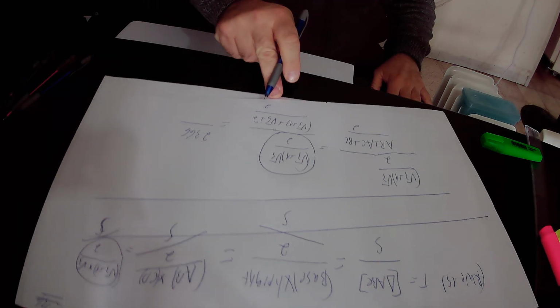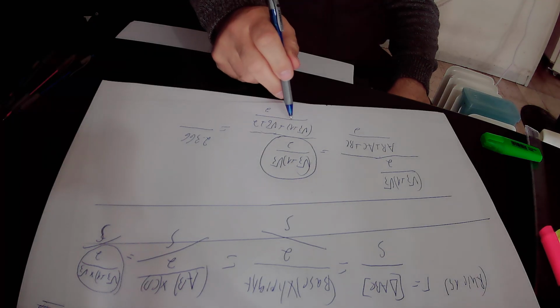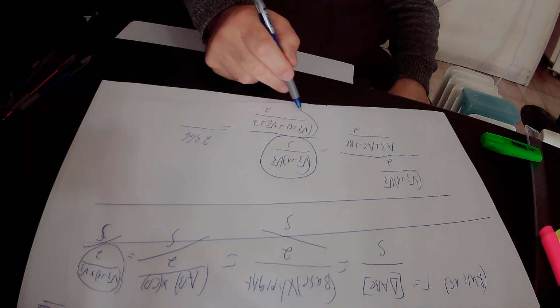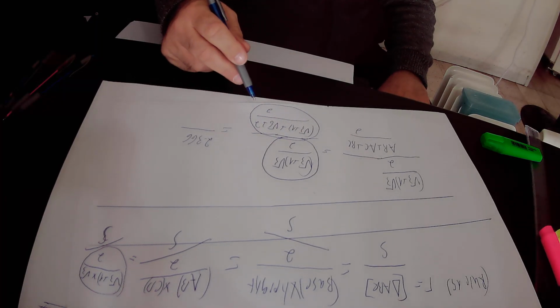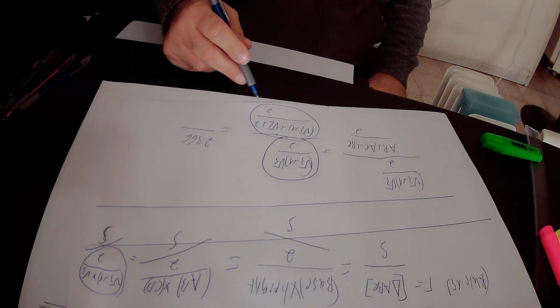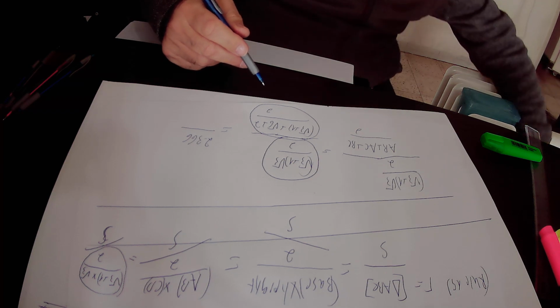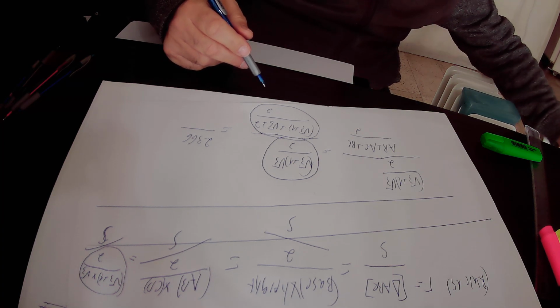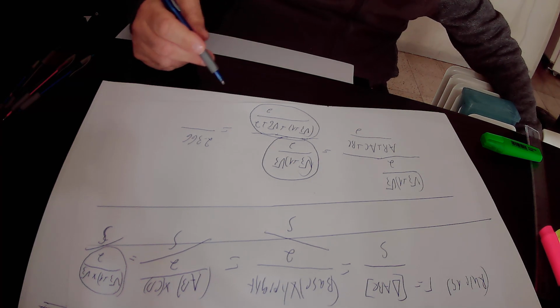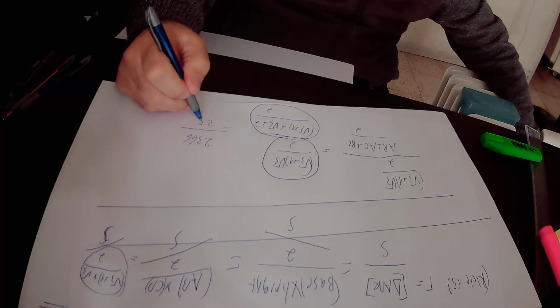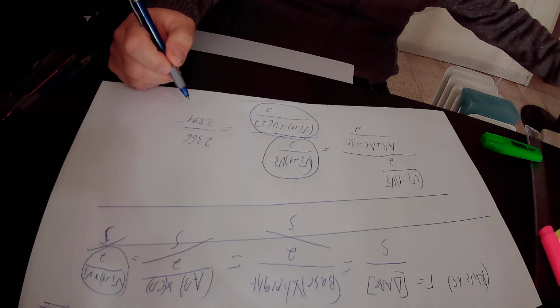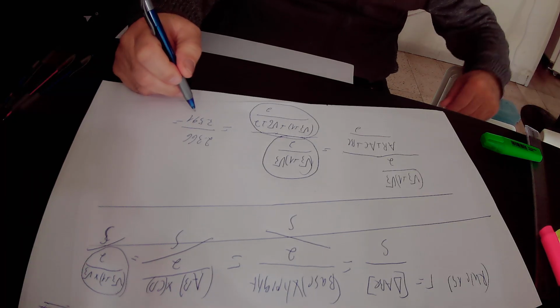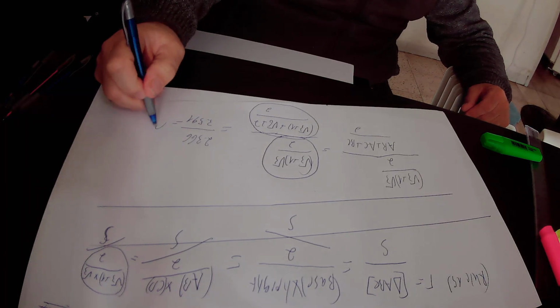The semi-perimeter of triangle ABC equals this expression, and the value of this expression in total equals 3.591. And 2.366 over 3.591 equals